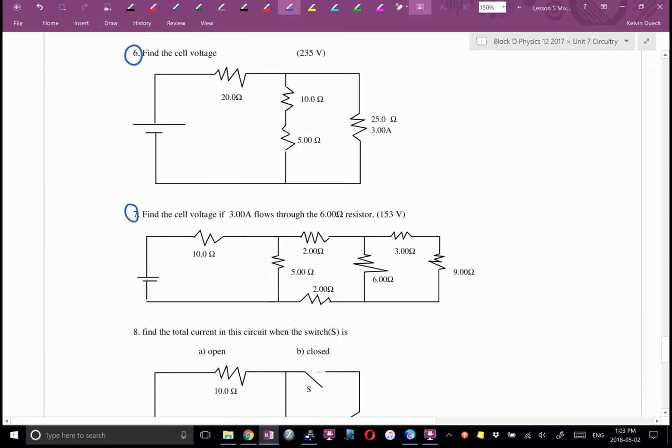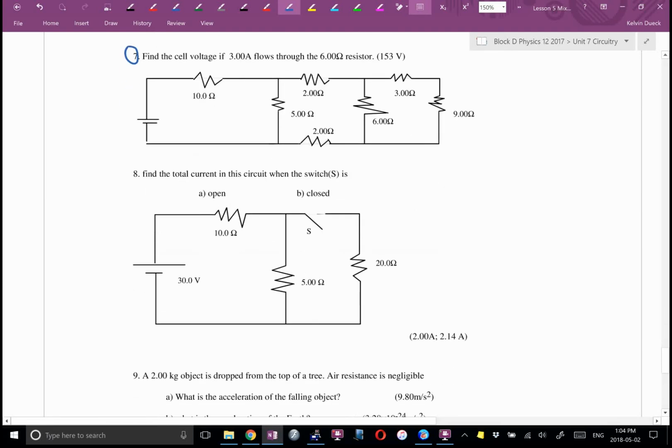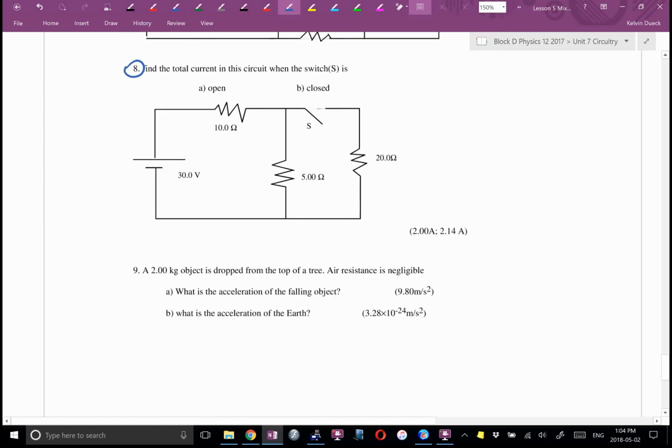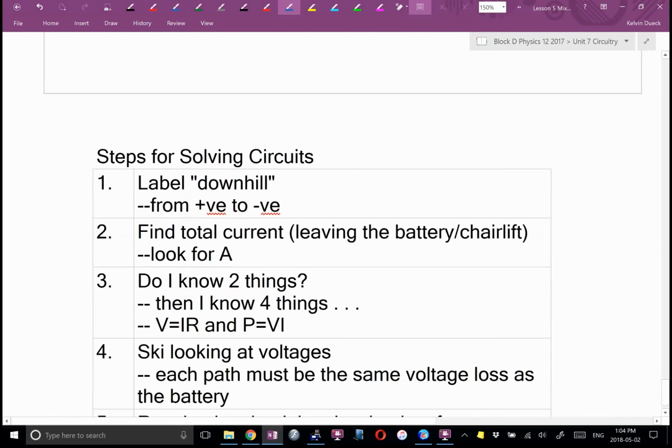7 is a cool one. 7 is on the upper threshold of what I would feel comfortable asking. The key is they have told you that 3 amps is flowing through this 6 ohm resistor. That's the key that breaks the rest of this wide open. I'll let you try that. 8 is good. We did that, yes? Before I turn you loose,